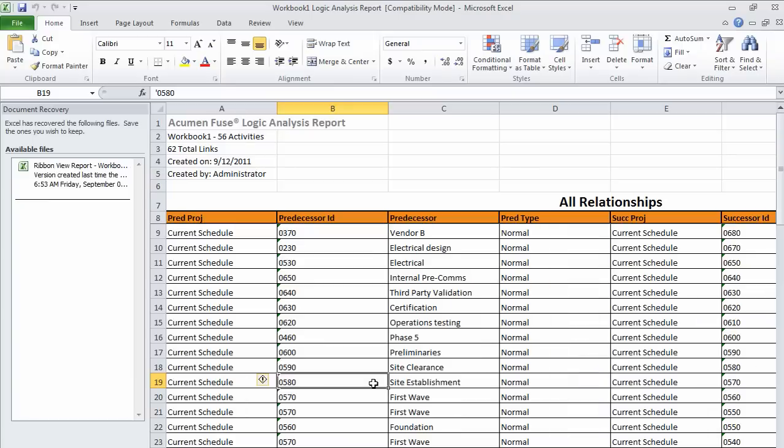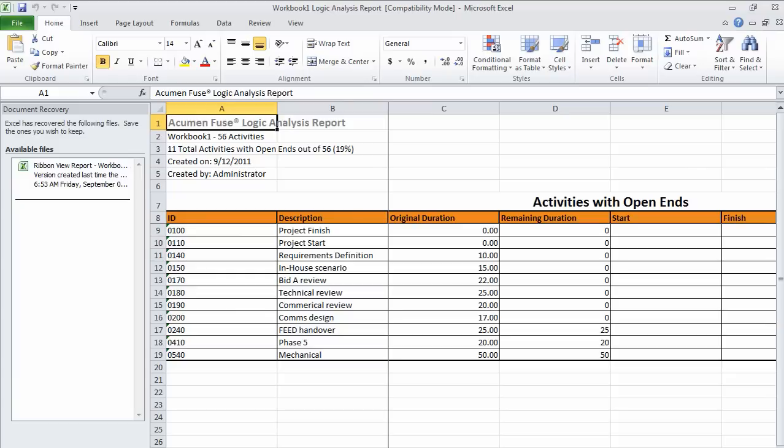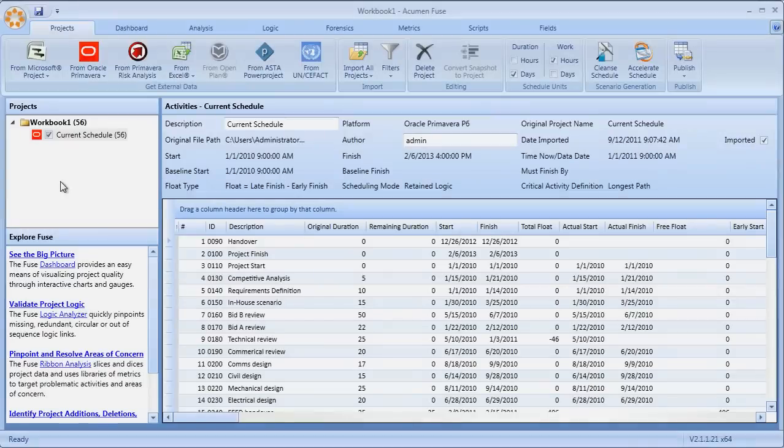In this example, we've published the results from our logic analysis with each of the various checks, redundancy, open ends, etc., etc. A Fuse analysis isn't limited to a single project. In fact, multiple projects, even from different platforms, can be analyzed in a single Fuse workbook. In a similar manner, comparisons and variances between perhaps iterations or status updates or different snapshots of a single project